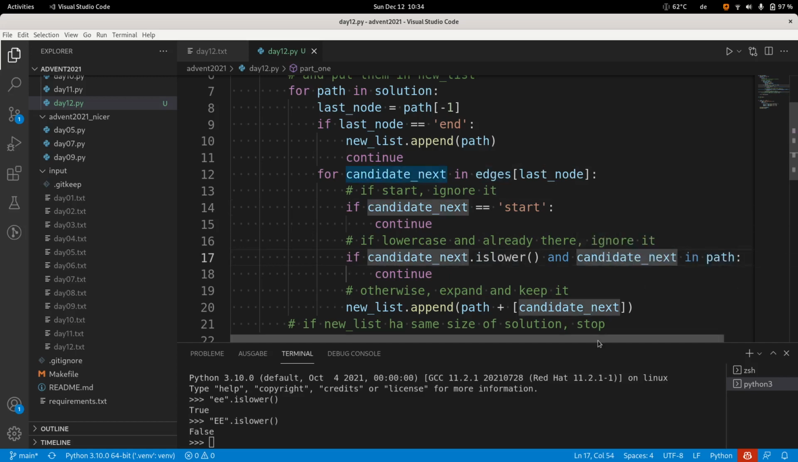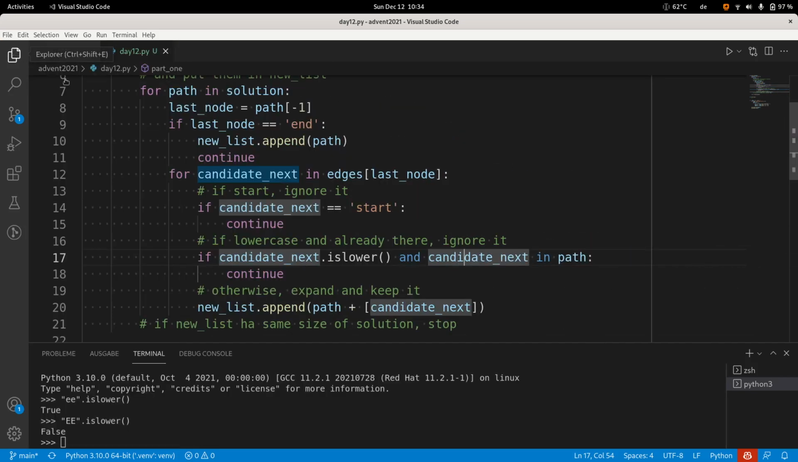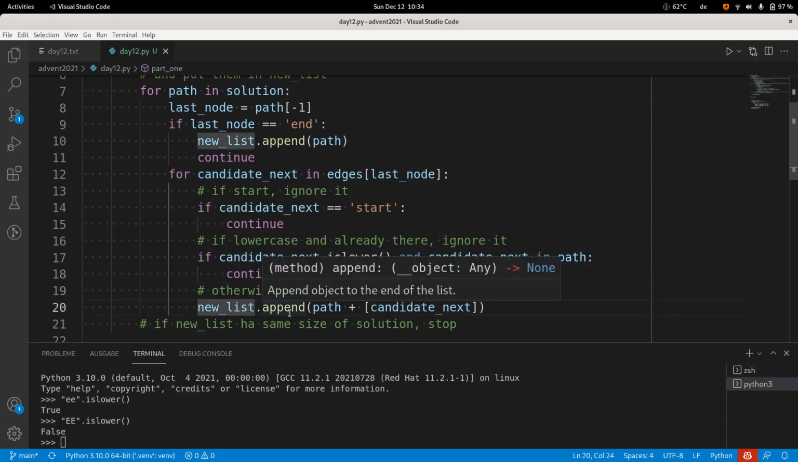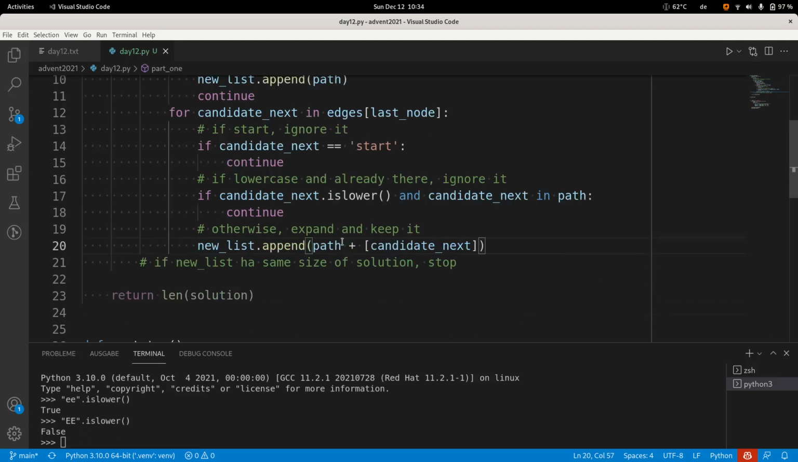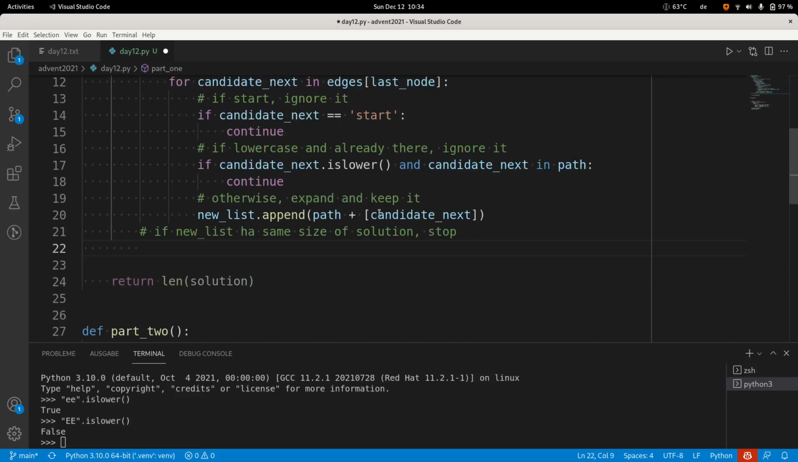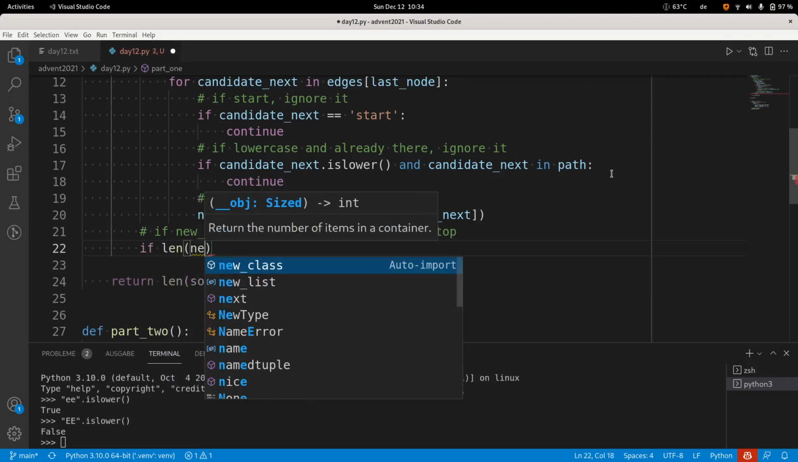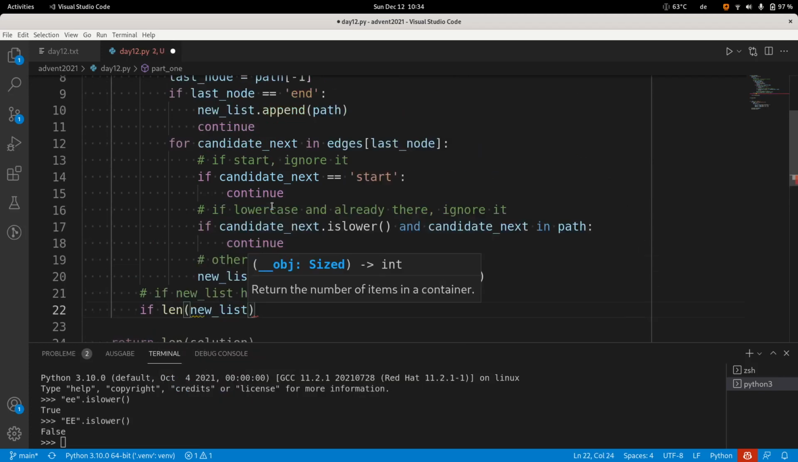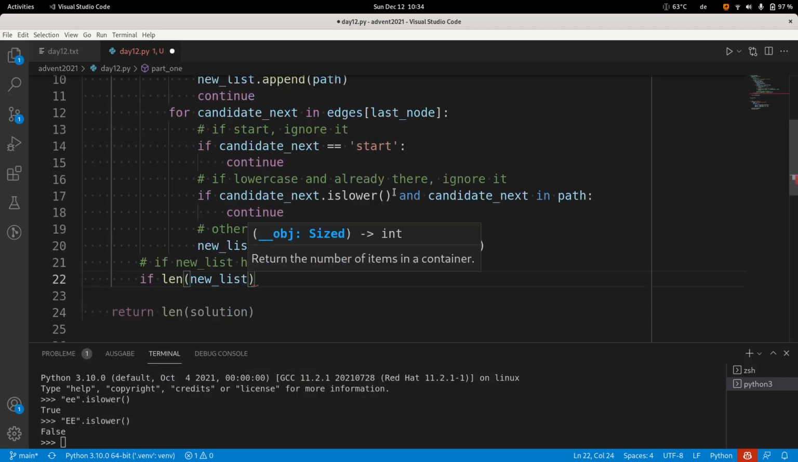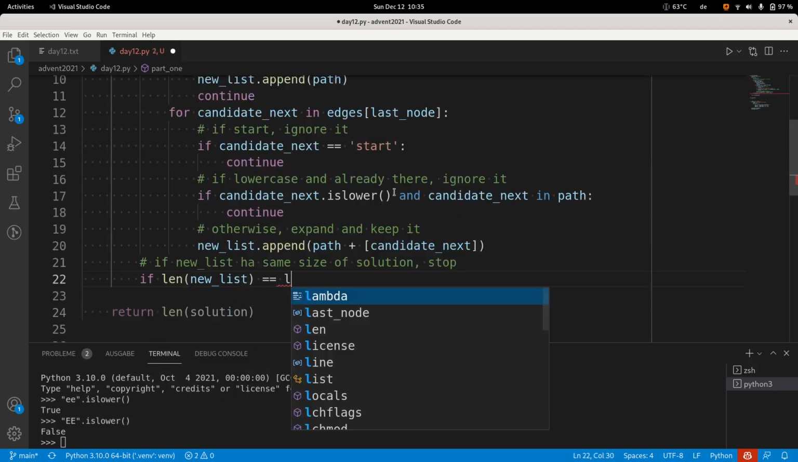And they do not visit twice the same lowercase path. So if the next one is lowercase and also is already in the path, you just continue. If not, you just append this value to the list. Now we have to check whether this list has the same size. So essentially, if we found solutions, so we say that if the length of, what did we call it? Not new list. New list, yes, is equal to the length of solution